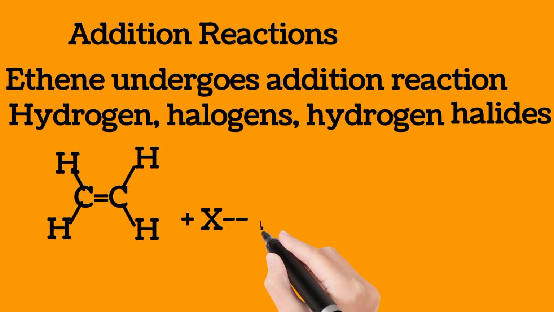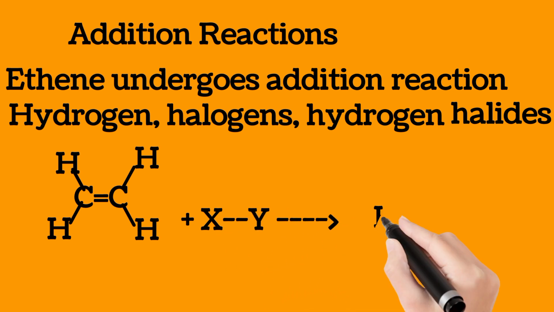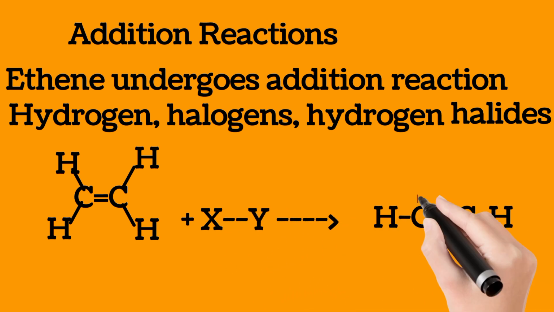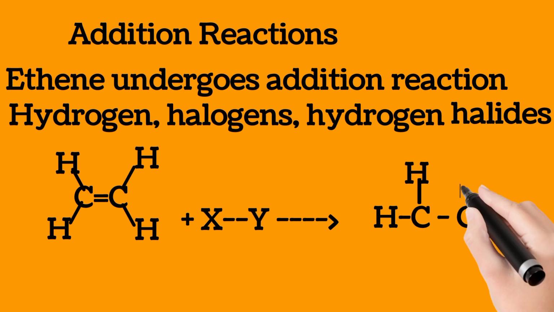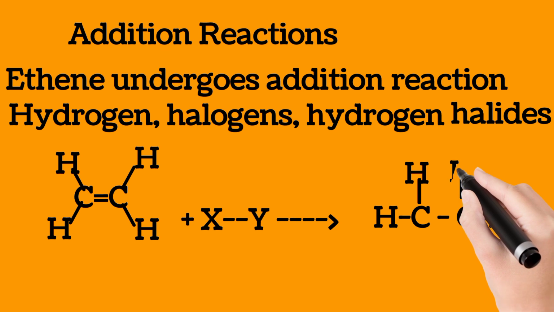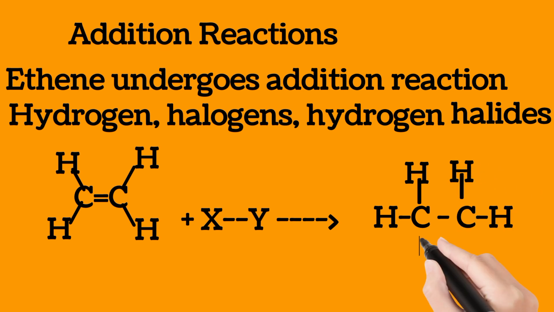For instance, we have ethene reacting with XY as the attacking reagent to form the new compound where the double bond of the ethene has disappeared and the tetravalency of carbon is maintained,